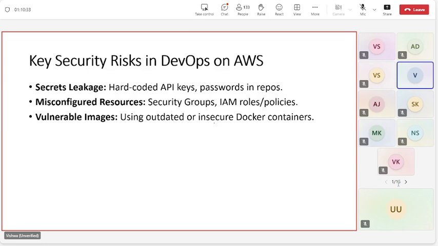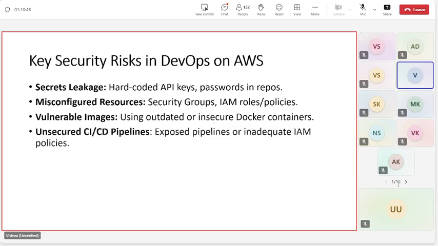But when you create a container, the image from where you're creating it is also an important thing which you need to handle. There could be vulnerable images, which need to be handled in a very nice way. And then unsecured pipelines, exposed pipelines.